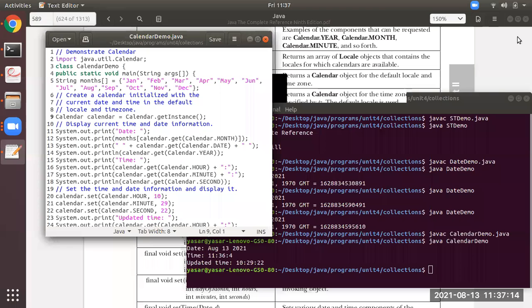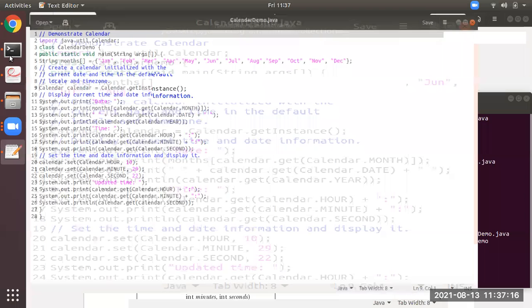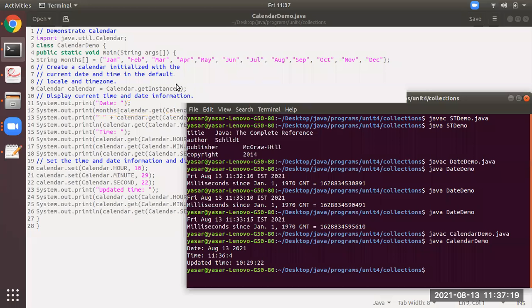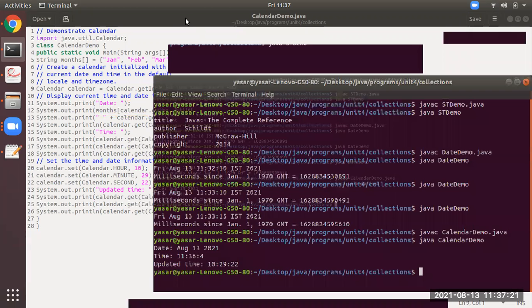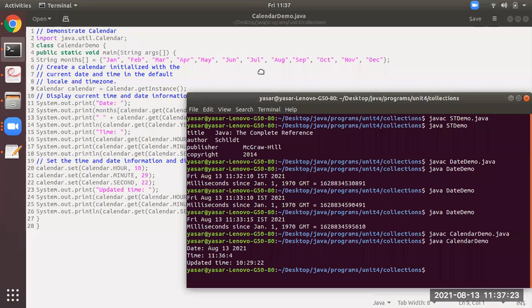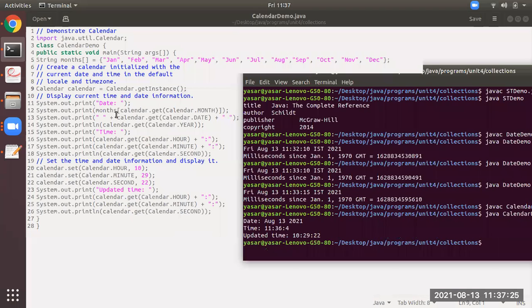I hope you all have understood. Then after that, it's very simple. We have line number 13, and remember, students, it is not println, it is print. That is why you are able to see the output in one line only.